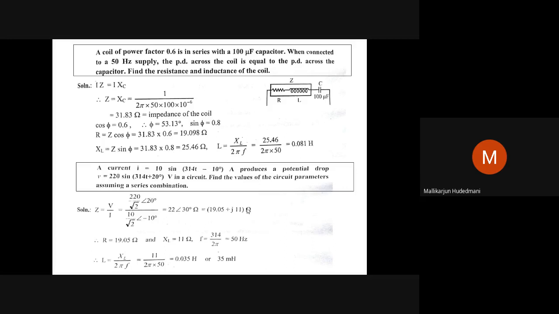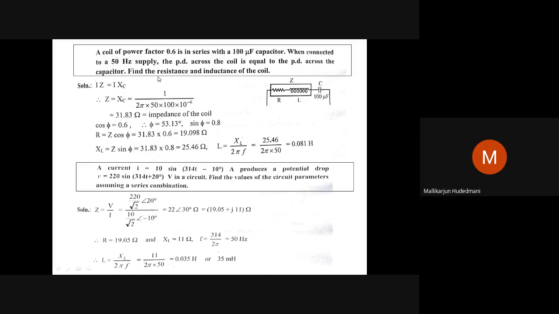To go ahead with this, let's take a circuit RL, a coil having R and L drawn here, with impedance of the coil Z, in series with the capacitor of 100 microfarad. Then what is said to you? Voltage across the coil is the same as voltage across the capacitor. If the current flowing through this circuit is I, then I into Z is equal to I into XC. This is the outcome of reading this problem. As per the given instruction, I into Z must be equal to I into XC.